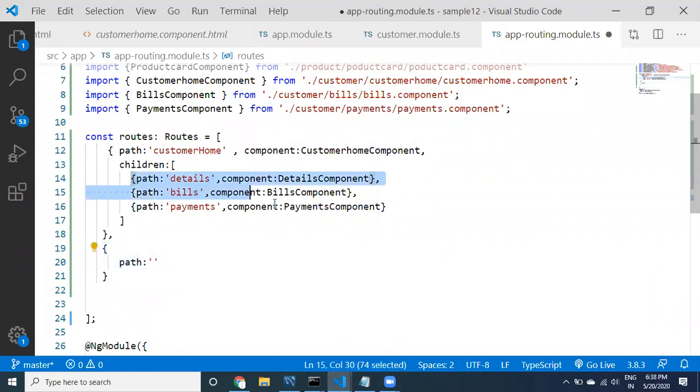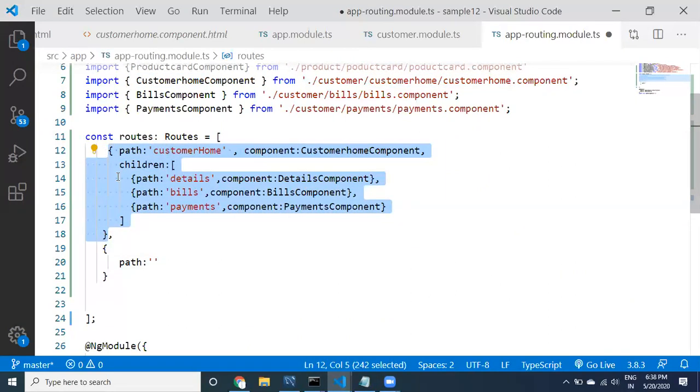See here, these are sub menus, that's why they are inside the children. If you observe carefully, these are sub routes because they are sub menus. The same way, customer home is related to the parent menu.